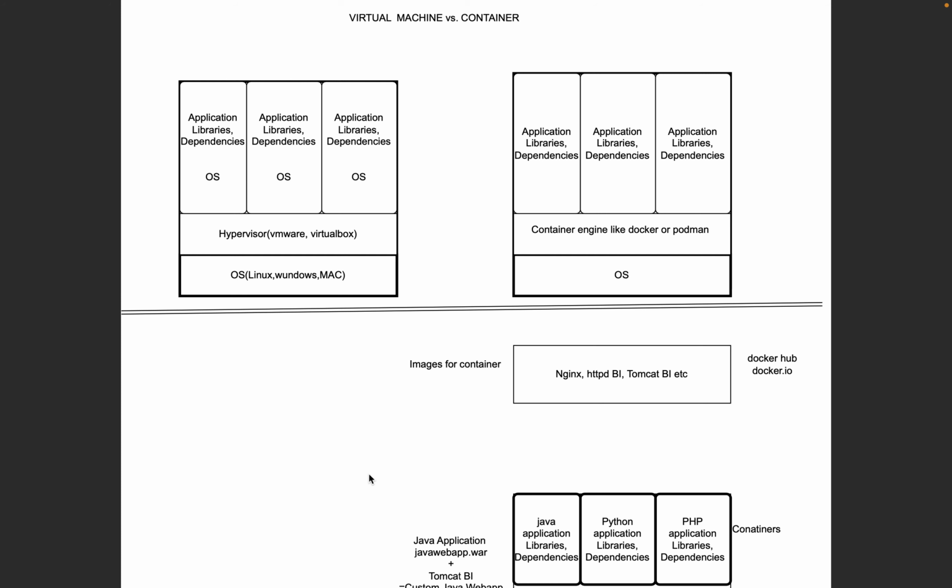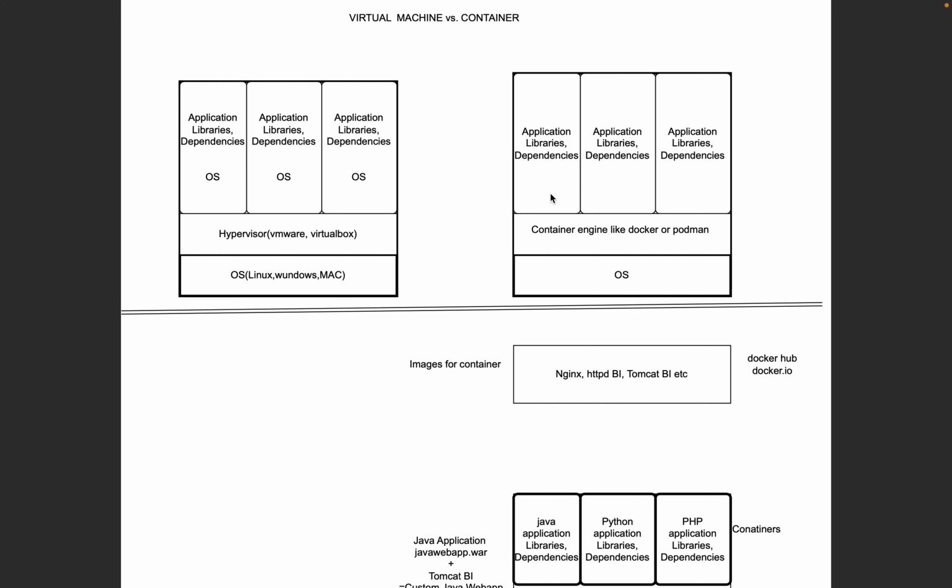Okay, so our next thing is to run this container. We first need the image to run the application. So we need the image of the application to create the container of that application. You can consider the image as a seed of a fruit or anything, and the container as a tree. So a container is actually a running state, and an image is a file used to execute the code in a Docker